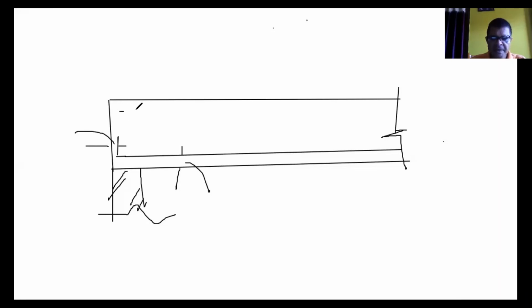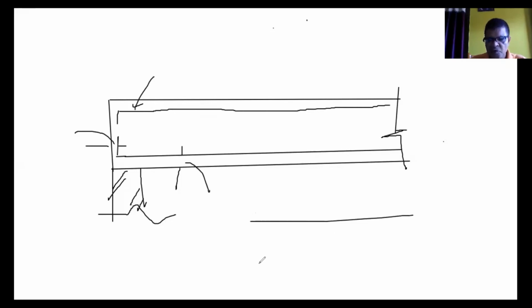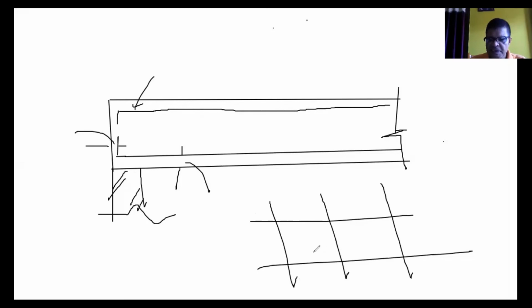And if you have a holding bar here, and this comes like this way, also the cover here. This cover, this is cover, bottom cover, top cover, side cover, everywhere you should maintain the minimum cover to reinforcement. If it is a slab, also in slab you will find there are longitudinal steels and transverse steels. So on all the sides you provide a minimum cover.